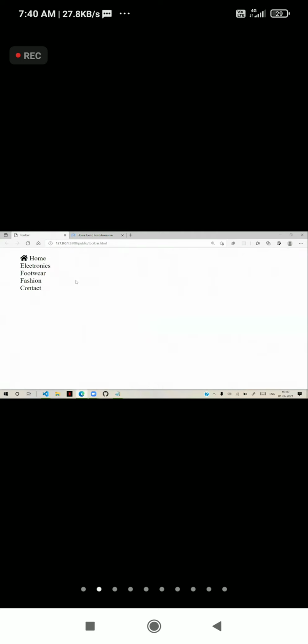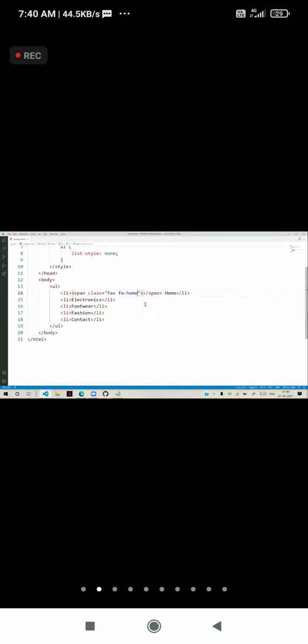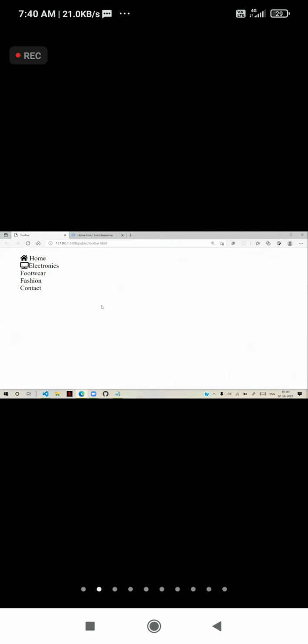You can use exactly how they given the class, or actually we have a shortcut also. What we do is, instead of FAS symbols, you can write like this. I will put a span here and a class here, FA, and I can use FA TV, television. So you can see that TV will come.